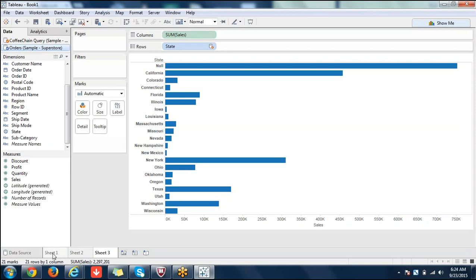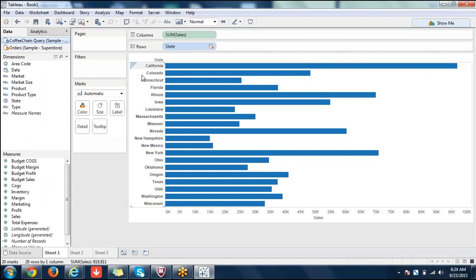Yes. In the first sheet we are not seeing any null values. Correct, but in the first sheet, coffee chain is primary and orders are secondary. So I'm just making sure that whichever table has more data, if you pull that particular column from that database, it won't show any null values.